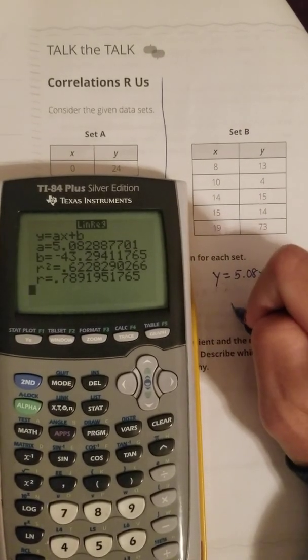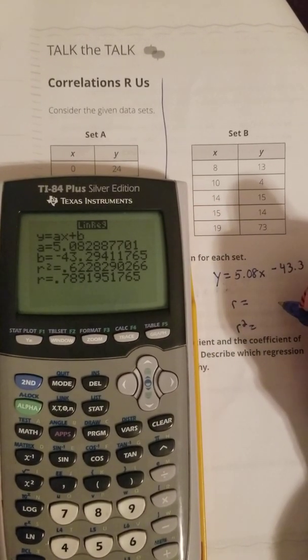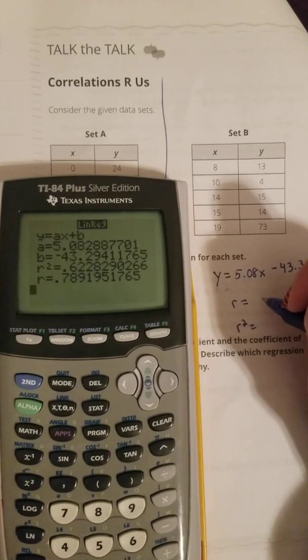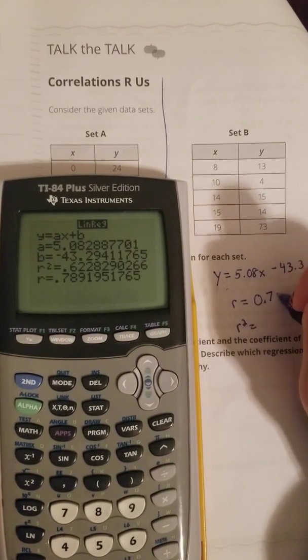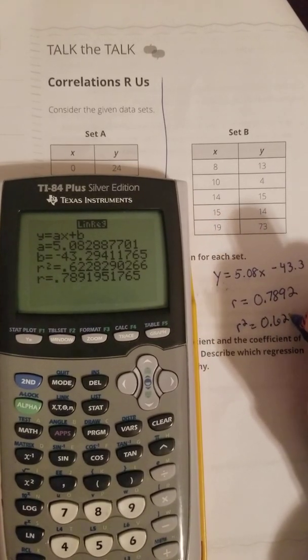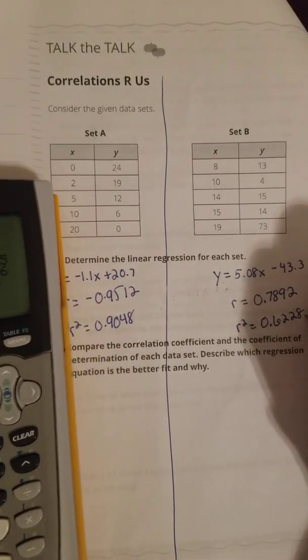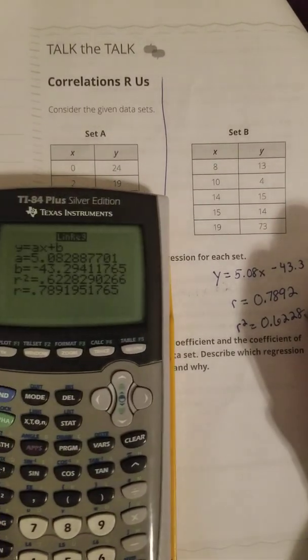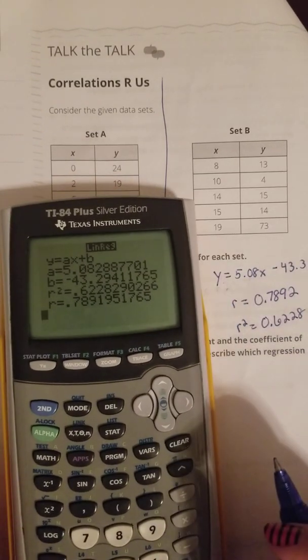Okay, it's trying to go through the center of the data, and I'll show you what that looks like on the calculator. But according to these calculations, we don't have a strong correlation, and based on the coefficient of determination, it is not linear. So let's